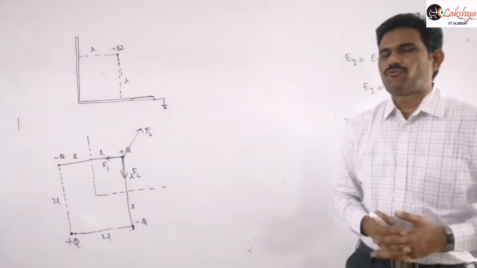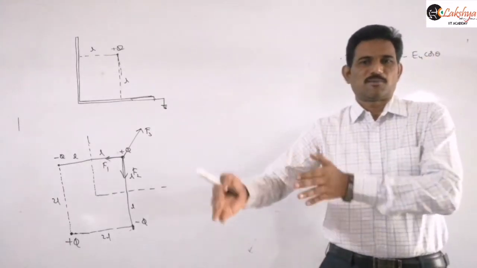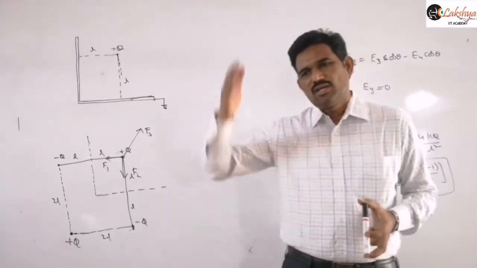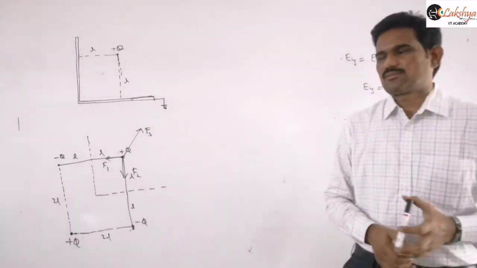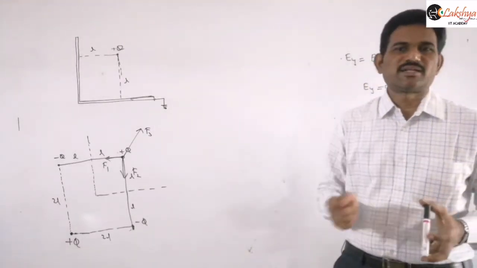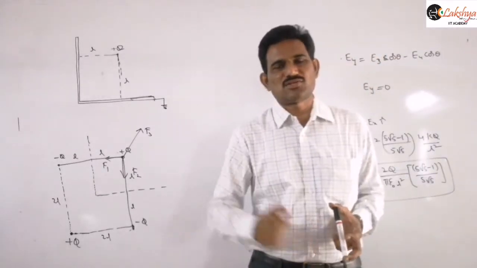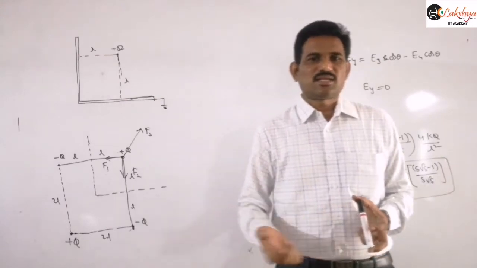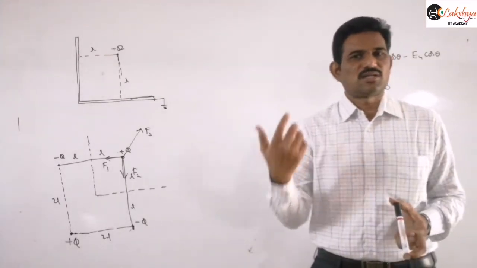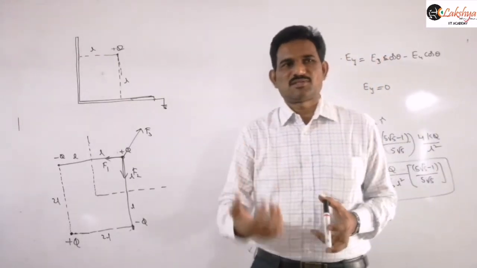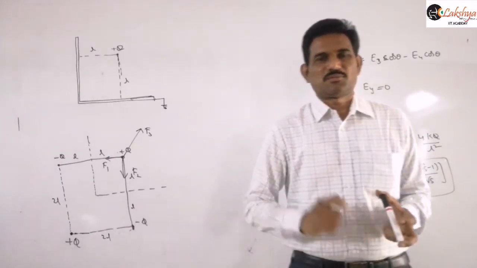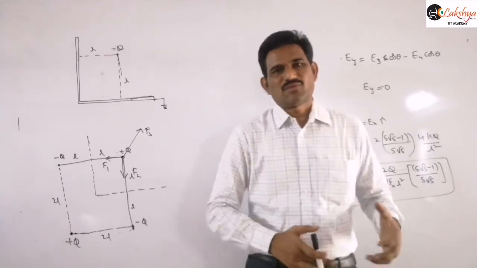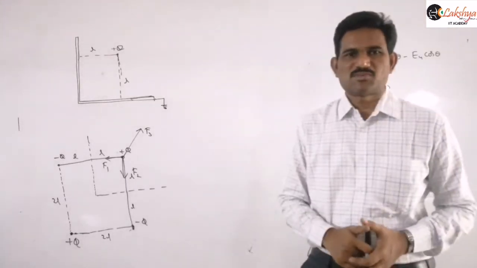So that is a simple image method to find the force between a conducting plane and a point charge or a given charge distribution. If you take the conducting plane, the induced charge distribution will be on it. To directly calculate the force or field due to that induced charge on the conducting plane is a lengthy calculation, which is out of the JEE syllabus, because we would need to apply Poisson's or Laplace's equations. Instead of that, we can simply follow this image method.